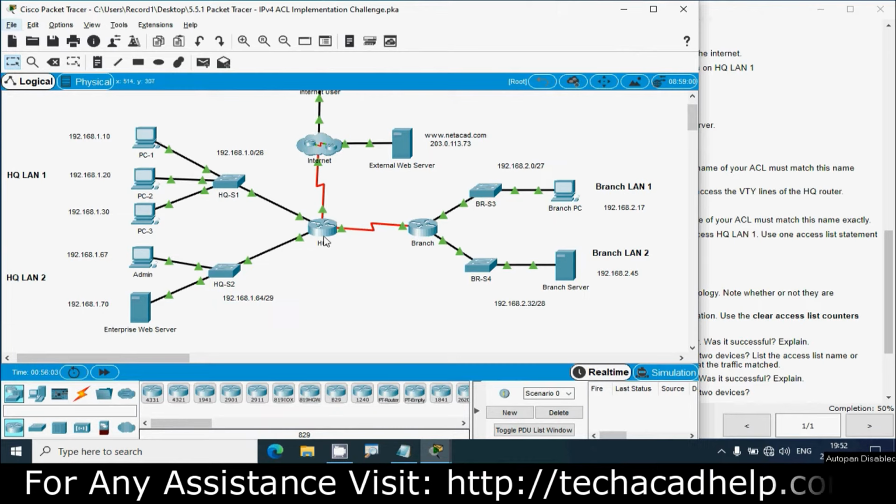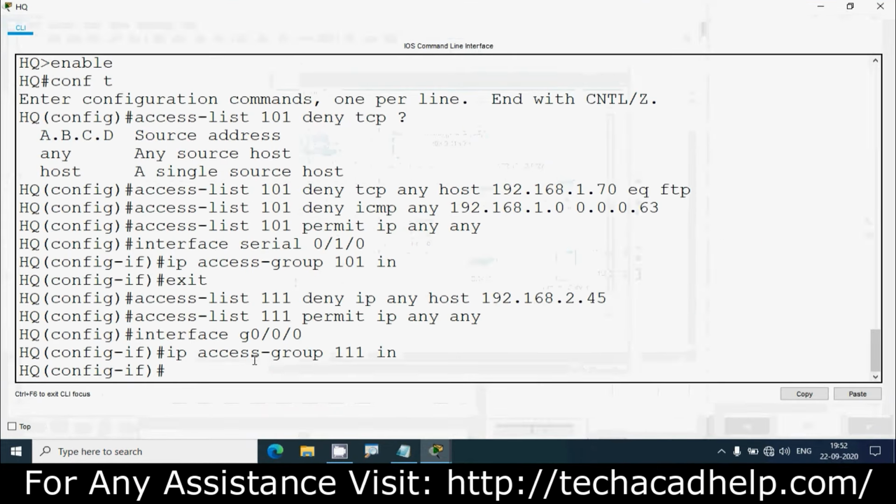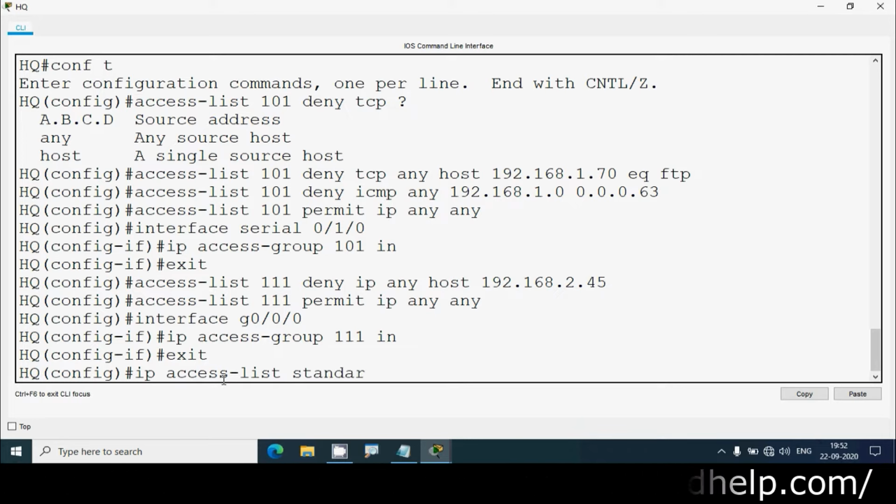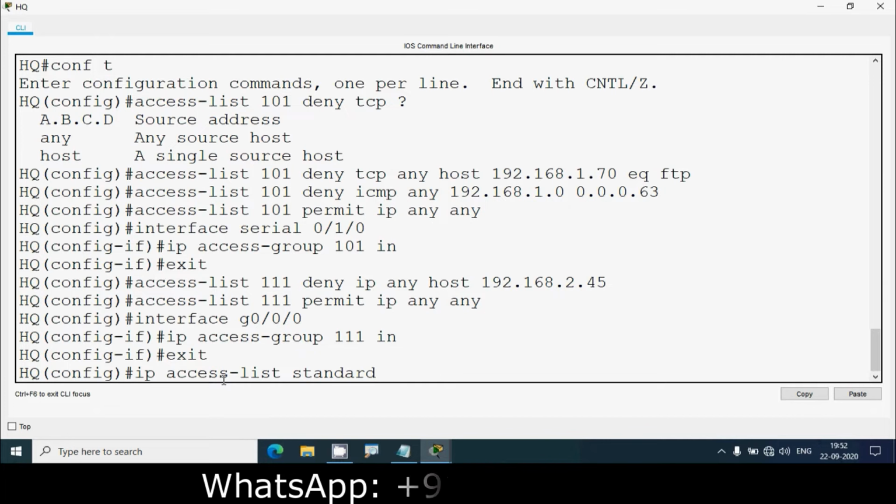Okay, we can do that. Coming to this HQ, we will exit from this interface, and here we will create that with the IP access list, because it's a named standard access control list. IP access list. Then here we have to specify it's standard or extended. It's standard,